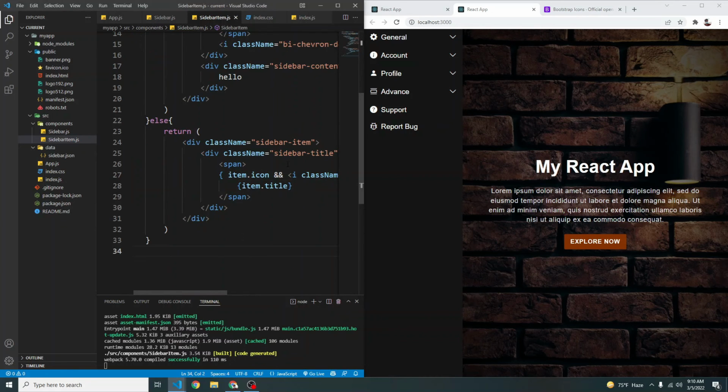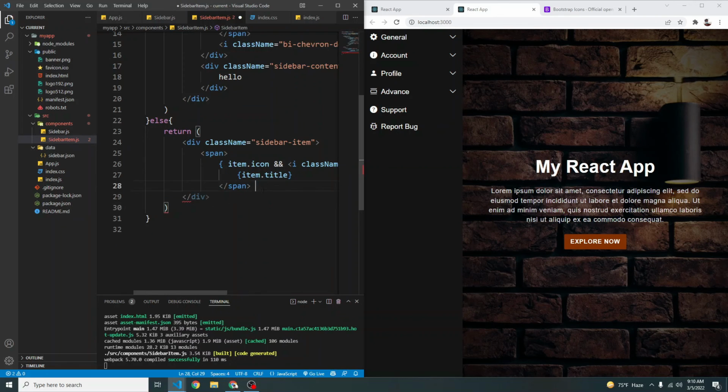So here I'm not going to have this div, so let me just delete this div and fix the indentation like so. And here, instead of using the div, we're going to use the a tag and the href. So we're going to say href will be, again we're going to use data binding. Here we can say item dot path or simply a hashtag.